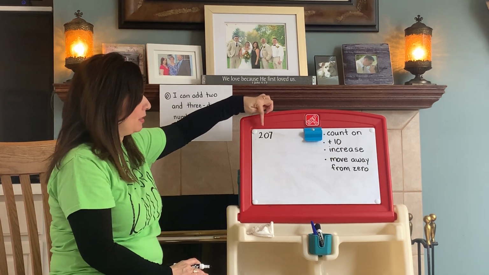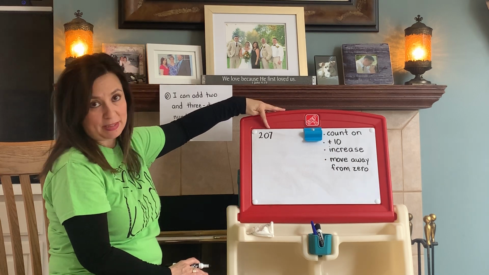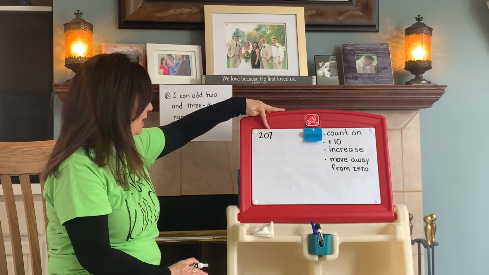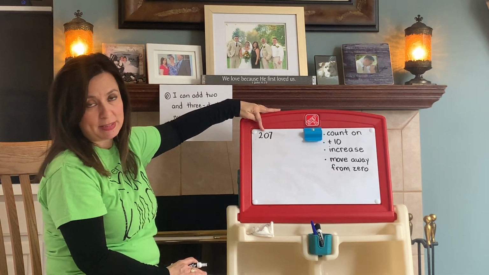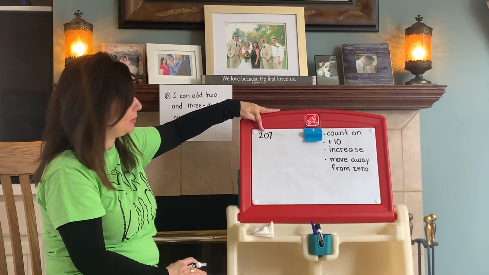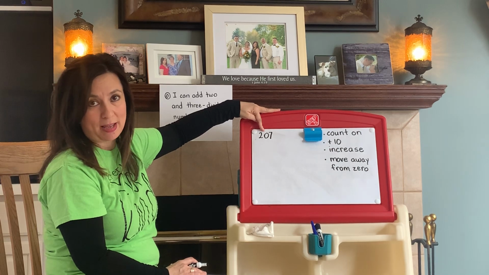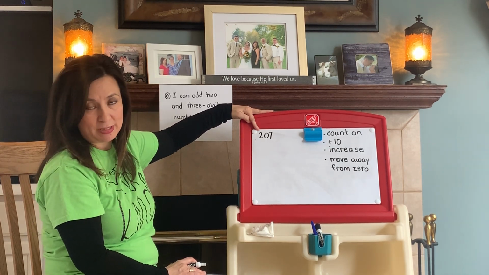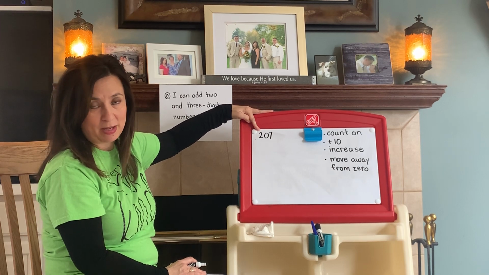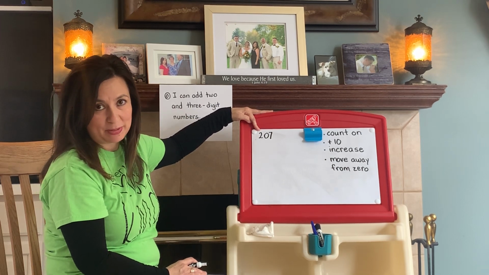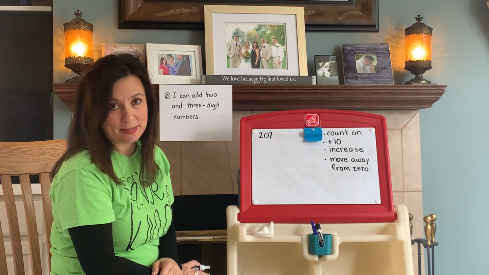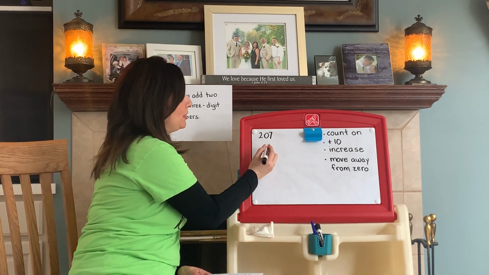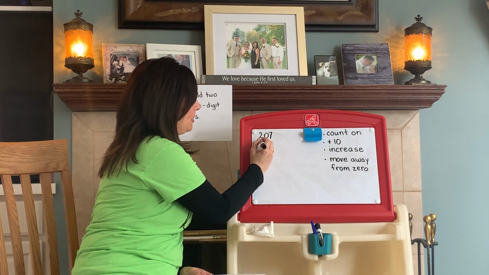Before we start, 207 has a 7 in the ones place. This number will never change because I'm counting by tens. The number 0 is in the tens place. This number is going to increase by 10 each time. And then the number 2 in the hundreds place will increase by 100 every 10 numbers because we know there are 10 tens in 100. Are you ready? If I'm at 207, if I add 10, I will be at